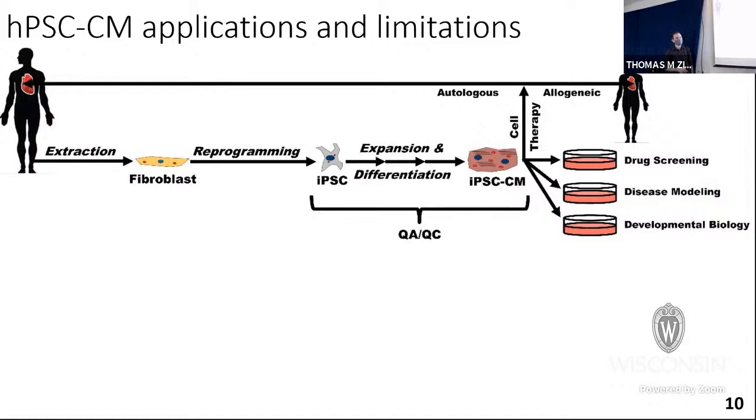Also disease modeling. There are a lot of diseases, particularly congenital diseases, that are known to affect the heart early in development. And so you can take stem cell lines derived from people with different diseases, derive these into cardiomyocytes, and then do different assays directly on those instead of having to get patient tissue. And finally, standard developmental biology applications, to better understand the underlying biology of the system.